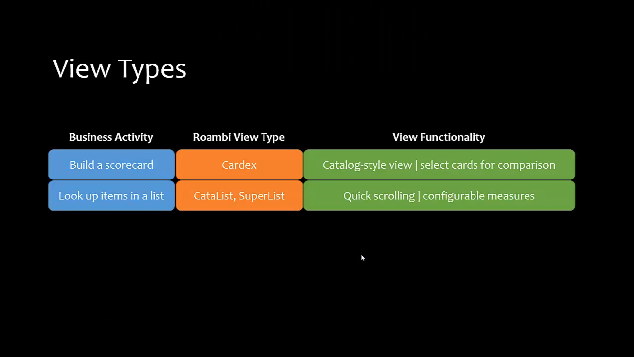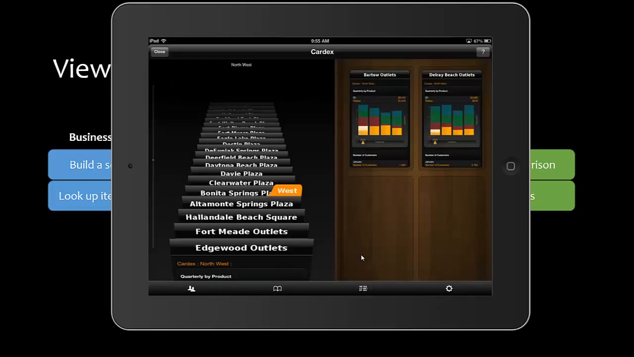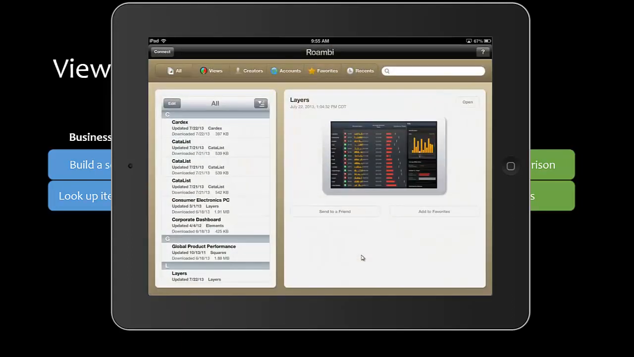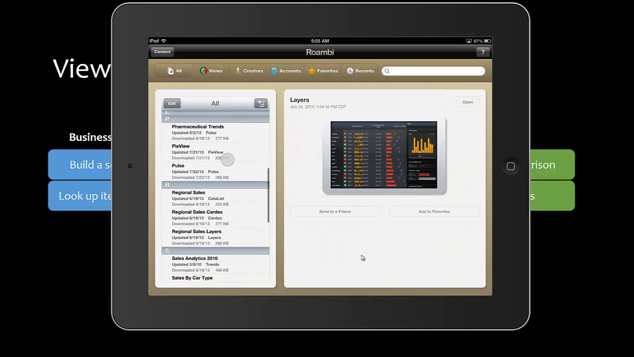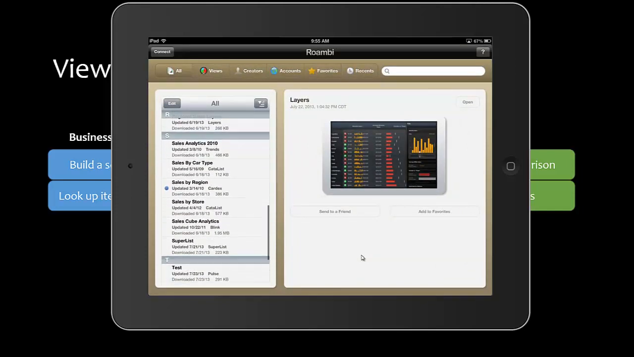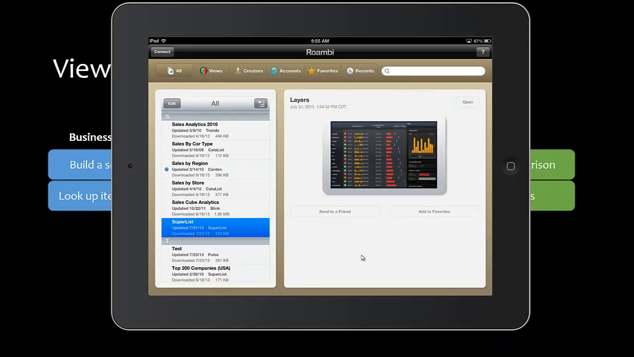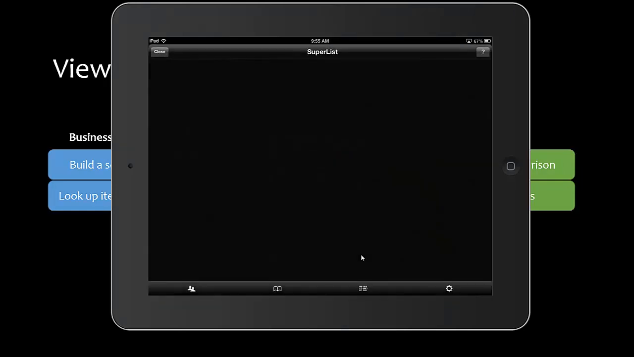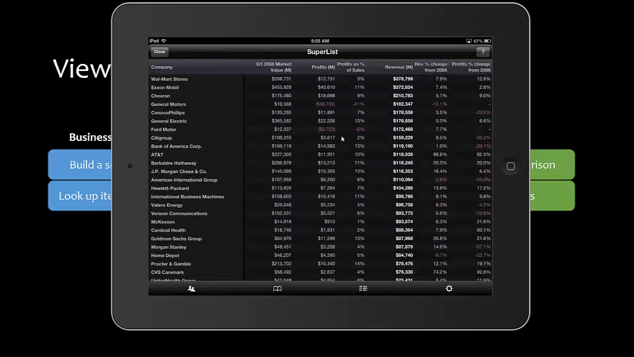What about looking up items in a list? So there's two views that do a great job of this, the catalyst and the super list. I'm going to show one of those, the super list. As you would expect with a list, we have a list of things, in this case companies, and so off